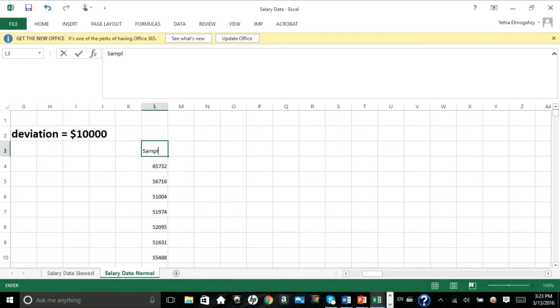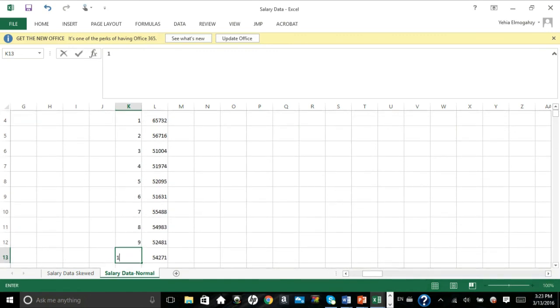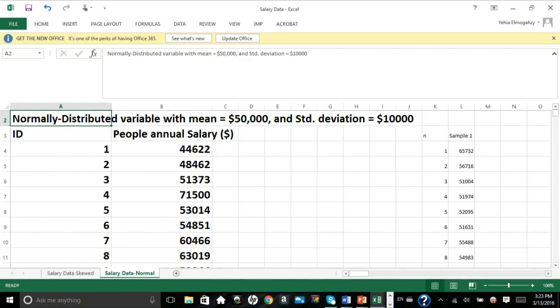This is sample 1, and as you can see here, we have 10 values. That's 1, 2, 3, 4, 5, 6, 7, 8, 9, and 10. So we just picked a sample consisting of 10 observations from the population of salary of this company. We can then move on to sample 2